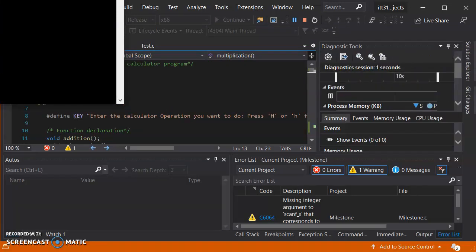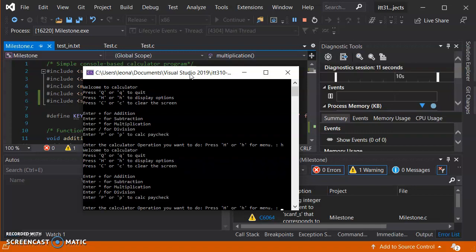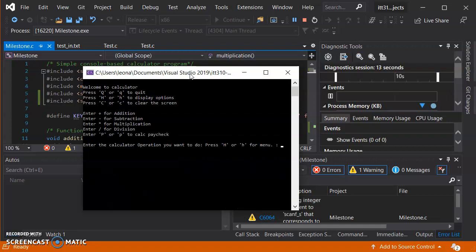But if we were wanting to divide by a number that we can, so 10 divided by 2, it'll give me the quotient of 5. We'll clear again. We'll go back to our home screen. And lastly, what I added in